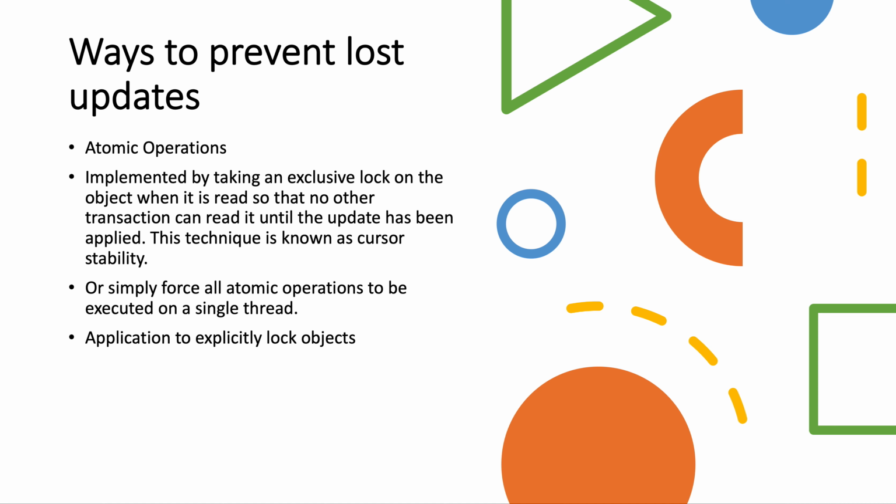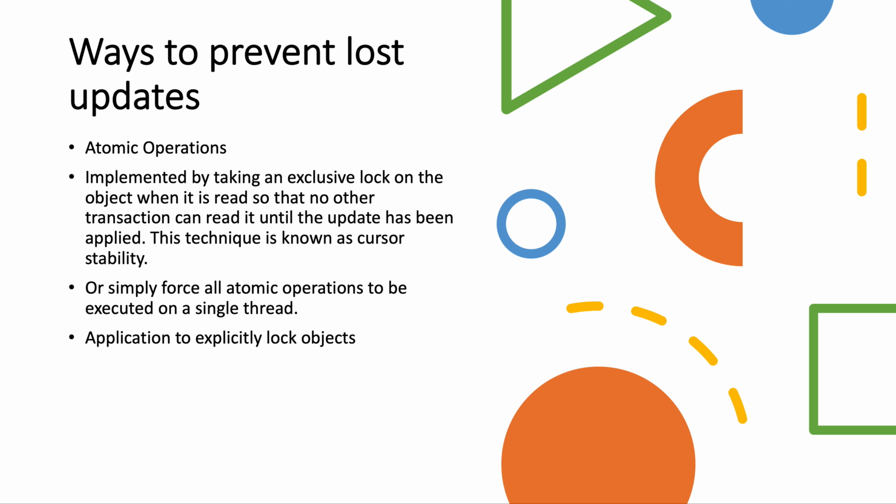So let's see the ways to prevent lost updates. Many databases provide atomic update operations, which remove the need to implement any read-modify-write cycle. They are the best solution if our code can be expressed in terms of an atomic operation. But not all writes can easily be expressed in terms of atomic operations. For example, when we update a wiki page, it can involve arbitrary text editing. So in situations where atomic operations can be used, it is the best choice.